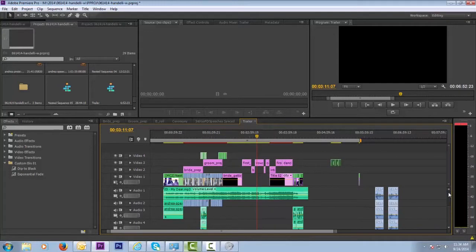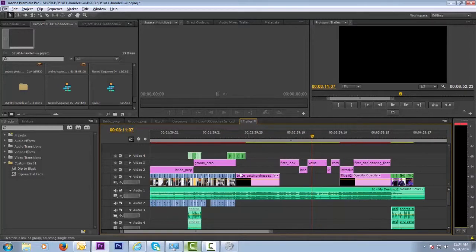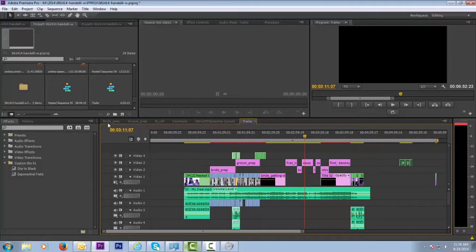But once you've got this pretty well put together, now you've laid in the structure for everything you have. You drop in the bride getting ready, a little bit of the first look, bride vows, the kiss, the coming down the aisle, introductions, first dancing footage. Now you drop that last piece of speech, and what you have is a basic structure for the entire trailer. Now all it is basically about an hour, maybe 2 hours of just watching it over and over and over again and just tuning it to what needs to be done, going in and adjusting little pieces at a time